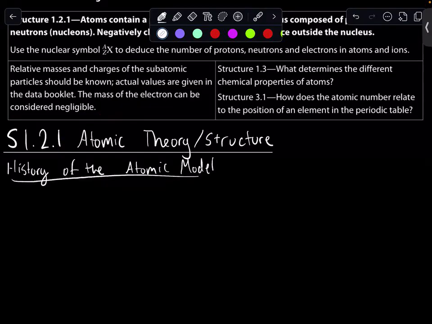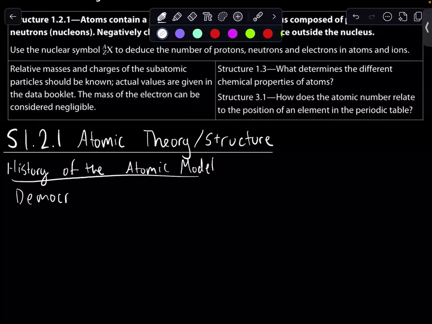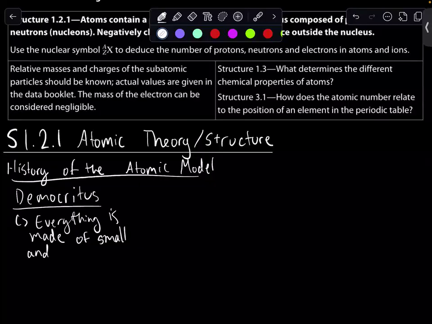So the first thought of the atomic model we generally attribute to Democritus. I may be spelling names wrong, and I don't really care. Doesn't matter. Democritus said things are made up of atoms. So he said everything is made of small and indivisible things called